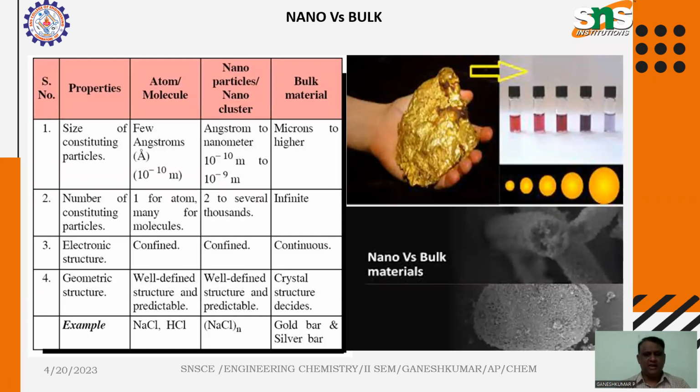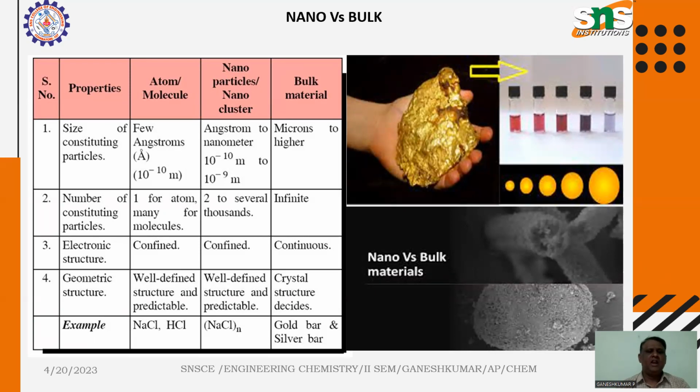So nano versus bulk. You see the picture in which the man is holding a gold bulk material. Bulk means it's a large one, the gold material. Usually, we know that gold looks a shining yellow. But when the gold is converted to a small size, it becomes a red color. So its optical property changes. This is a simple example to understand how the properties change when we convert the material to a nano